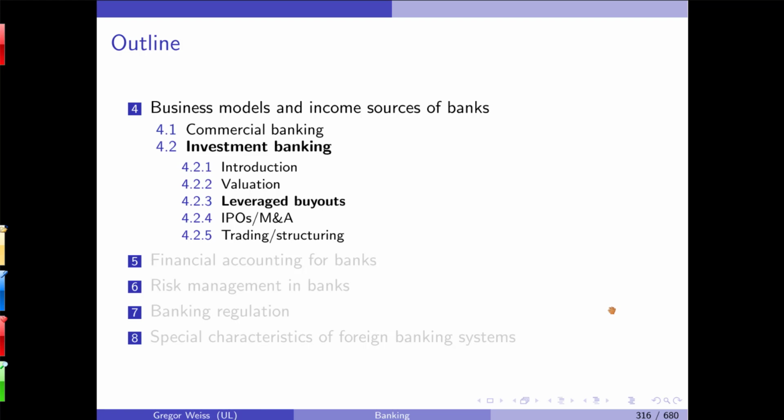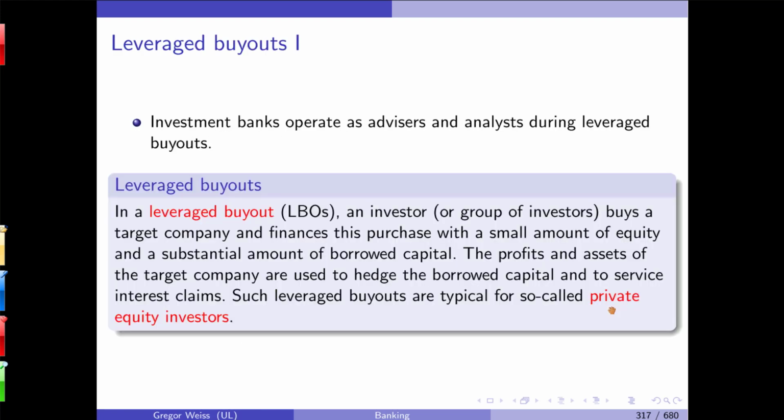Again, this can be combined with the corporate valuation, because in many cases, the investment bank not only does the valuation, but it also helps the company to adjust its capital structure and to get new debt financing. Now, in a leveraged buyout, this is the case when an investor or a group of investors, sometimes managers, buy a target company and they finance this purchase with a small amount of equity and a substantial amount of debt, of borrowed capital. Profits and assets of the company that are bought are used to hedge the borrowed capital